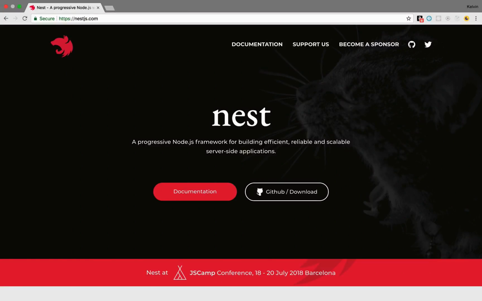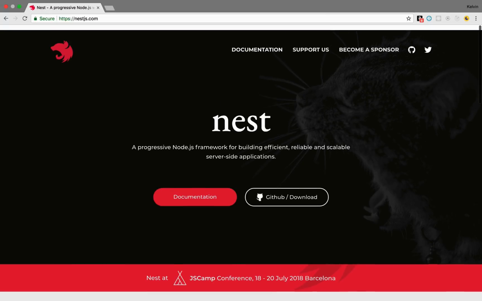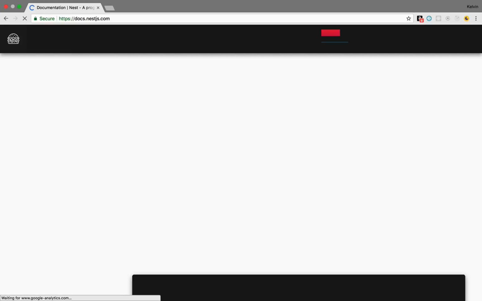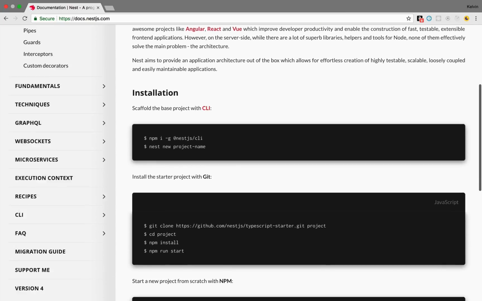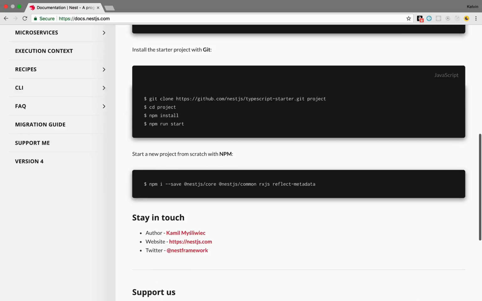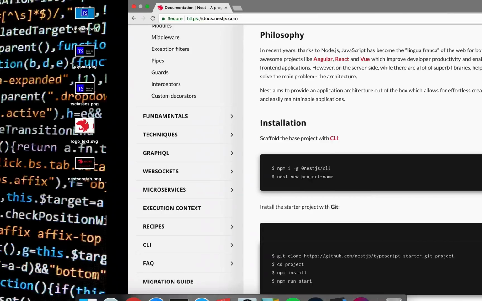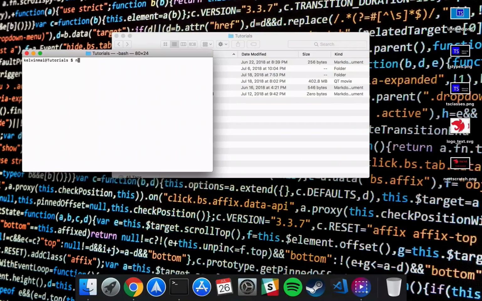Yes, so I wanted to do something with NestJS, which is a server-side framework that is written in TypeScript and it looks a lot like Angular, but the problem is, if you use the CLI, I'll just show you. So nest new example,